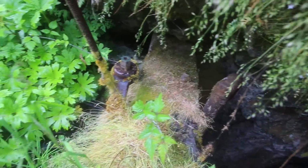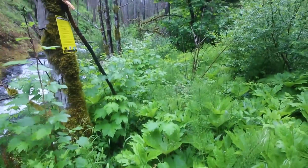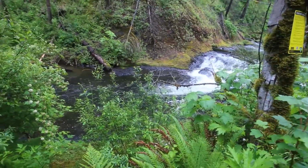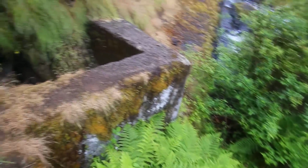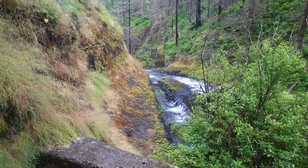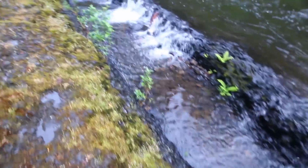So that's down in the tunnel. Looks like there's some more valves of some kind up here. This looks like a trail that continues, but we're not going to head that way because we are here at the top of the waterfall, and this is as far as we're going to go today. So we're going to go see what it looks like from up there, and then we're going to head back down. So this looks like a little man-made trench